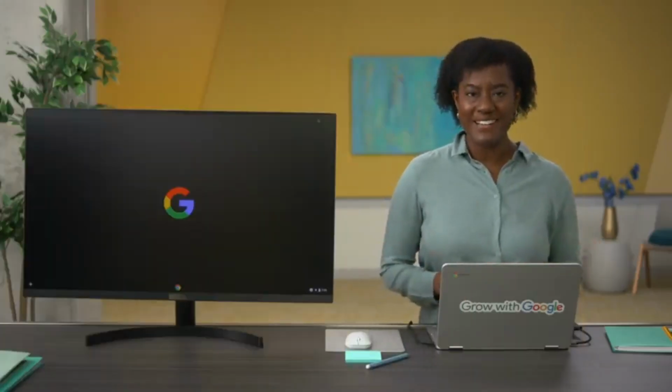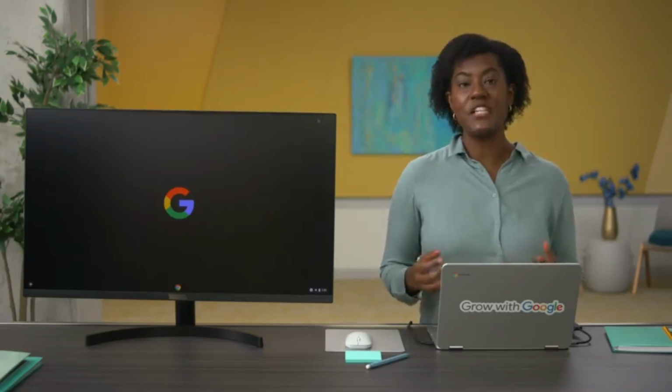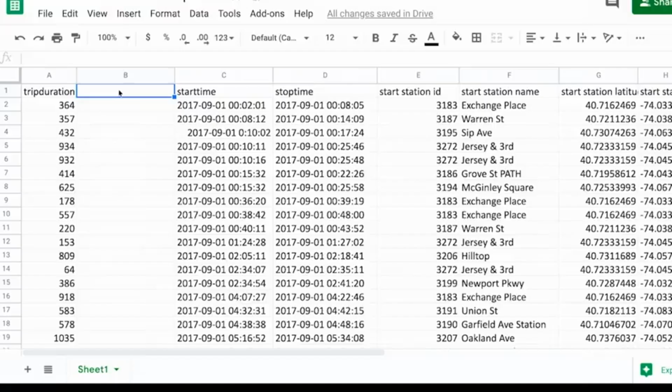Hey, welcome back. So far, we've worked with strings in both SQL and spreadsheets before, and we've learned that they usually have similar functions. In this video, we'll take another look at len, left, right, and find. You've come across these functions used in SQL, but now you'll find out how they work in spreadsheets. Going back to our bike sharing dataset, let's check out one of their spreadsheets. This is one of the trip data spreadsheets.